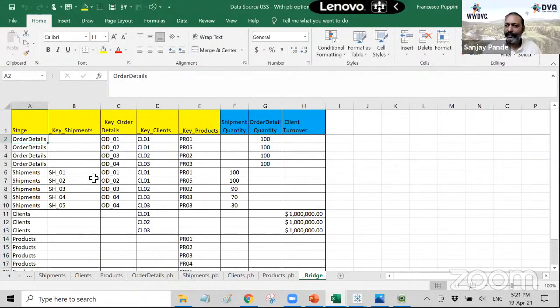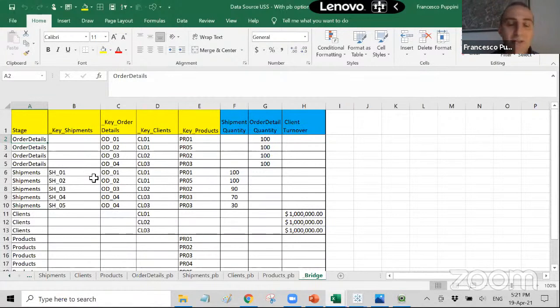The next question is how to model a Puppini bridge in a big data ecosystem like Cloudera, for instance. Okay, so there's one thing you need to know. In any case, when data is in a JSON format, even regardless of the Puppini bridge, you always need to make an exercise of turning the JSON files back into a tabular format. So forget about the Puppini bridge. I ask you, how would you do it with Cloudera if you had to create a Kimball star schema and you have a table called orders, which embeds in the JSON the information about the order details?